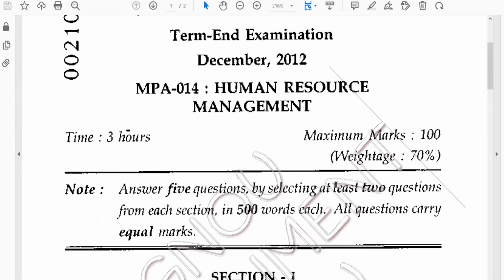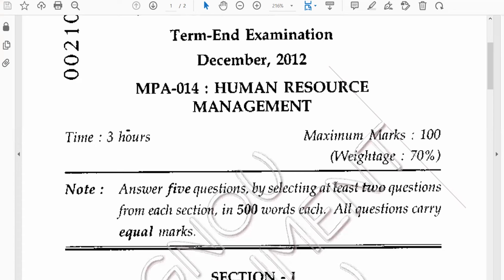And during my interaction with the students, for various reasons, they are not in a position to write the answers for the questions that are being asked in the term end examinations, as to how many words they need to write and how they have to go about it. From that point of view, I have tried to ensure that, in accordance with the requirement of the university against each of the subjects and the words that need to be covered for each of the questions,